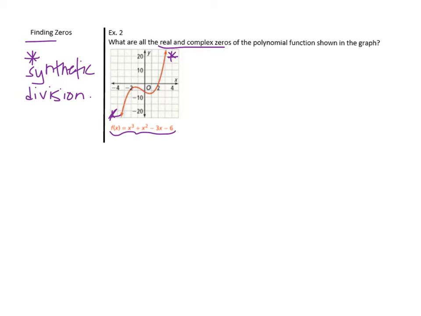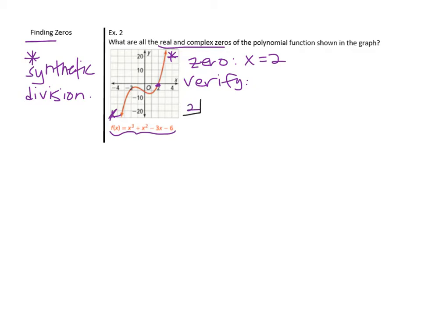And by looking just at the picture itself, it looks like it crosses the x-axis at 2. The zero that we can determine then is x equals 2. To verify it, we'll do synthetic division. All right, if we plug in 2 to the penalty box,